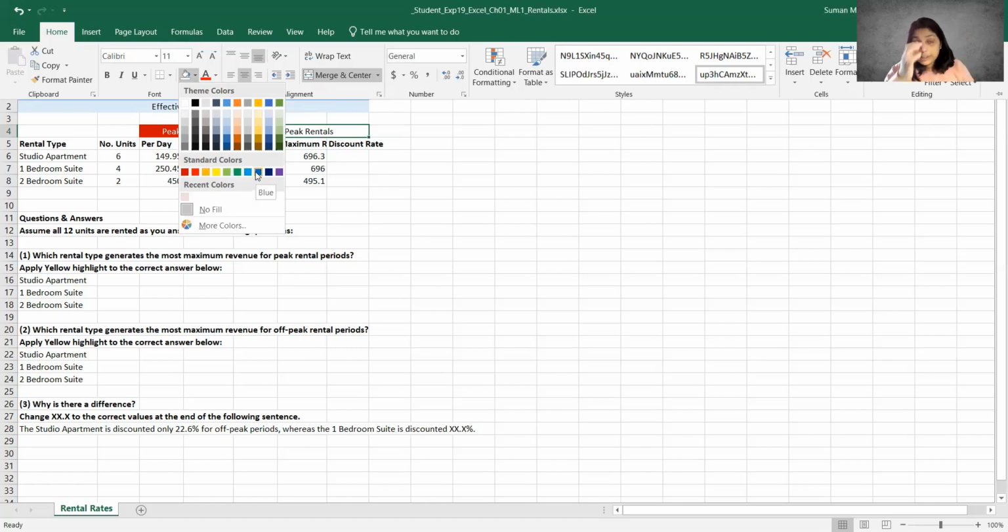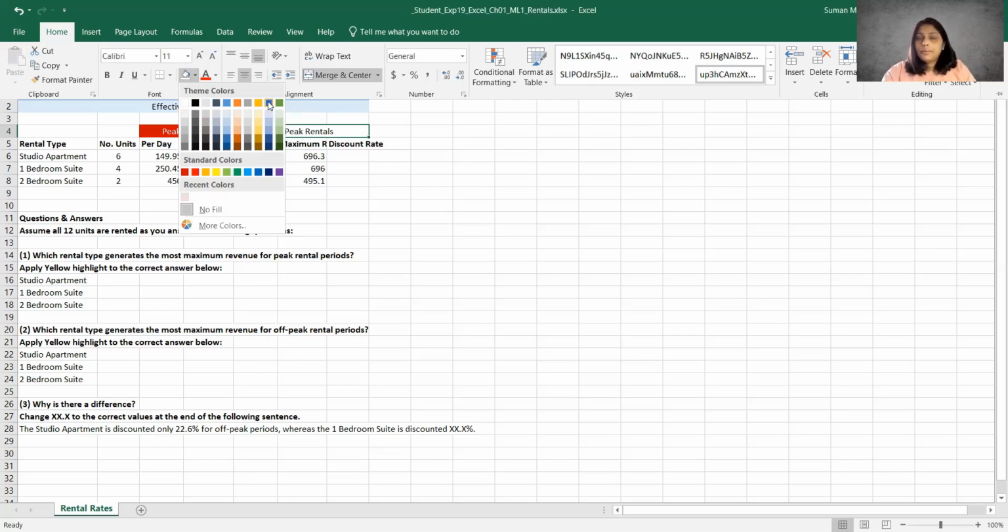Now, what's special about the standard colors is that they are just the standard name for the colors that you know as these colors. A lot of the other colors that are often known as the theme colors have special distinct names to them. Now I'm going to go ahead and just hover over these and show you. If I was to hover over this blue color, it's not just called blue, it's called blue accent 5. Now this is a distinct blue. There might be a blue accent 1, there might be a blue accent 6, but each of these colors are also specifically curated for a certain theme that is selected for the spreadsheet.